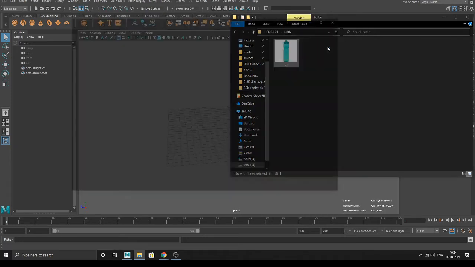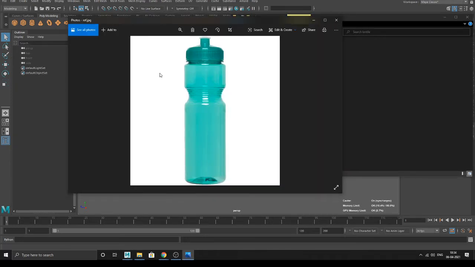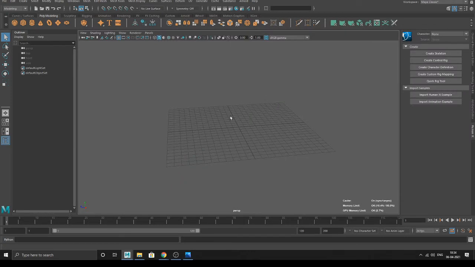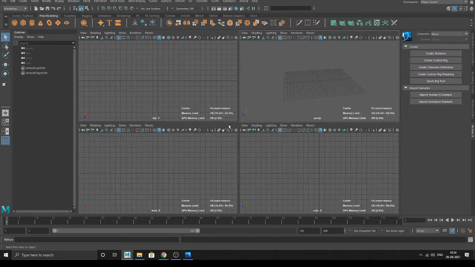Okay, which view is this? This can be front, this can be back, because the bottle will be the same thing, the same view. The front view won't change, the back view won't change. It is equal on all sides because it's a cylinder. So we can take this image in the front view also, in the side view also, in whichever view you want, but not in the top view, because the bottle isn't flat. So it is better you take it in front.